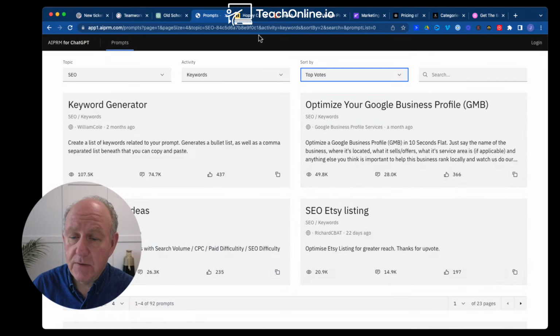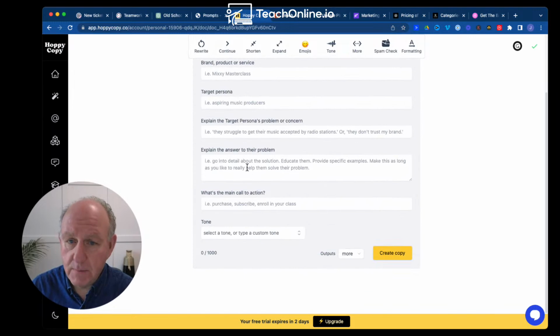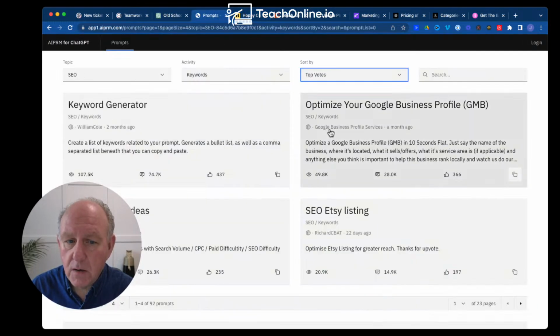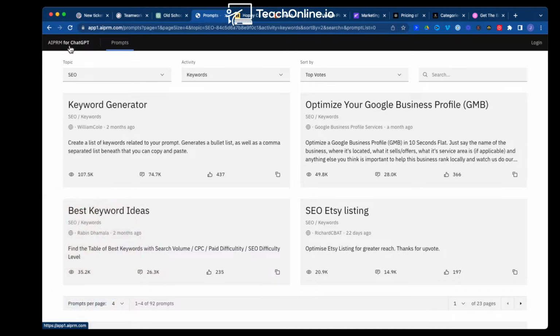So you look at it and you say, okay, great, which one am I going to use? Am I going to use HoppyCopy that is specific for an email series? Or am I going to go to my ChatGPT and use a tool like this that has prompts already set up for you and just use the ones that people have tested, tried, and work? Don't know. It's going to be an interesting question as we kind of get into this and see what happens over the next little while. And unfortunately, for those smaller companies that are doing the AI tools, I think they're going to have to really kind of up the game to make sure that they don't get lost in that. So just something to consider as you're thinking that through.